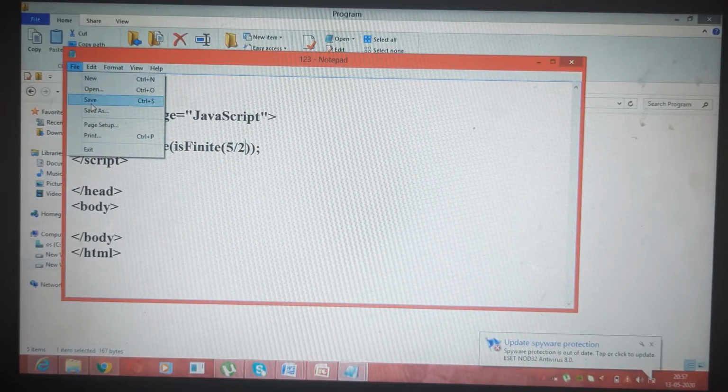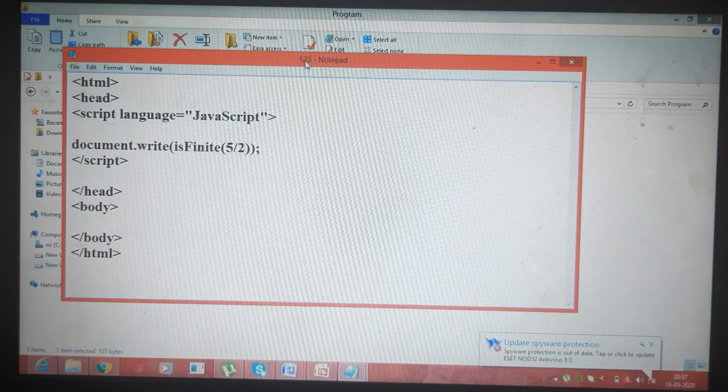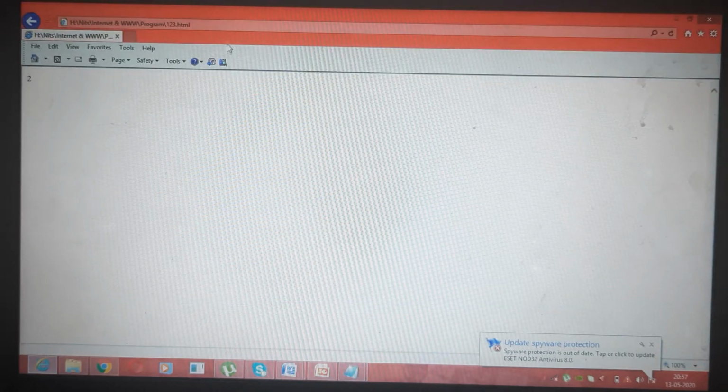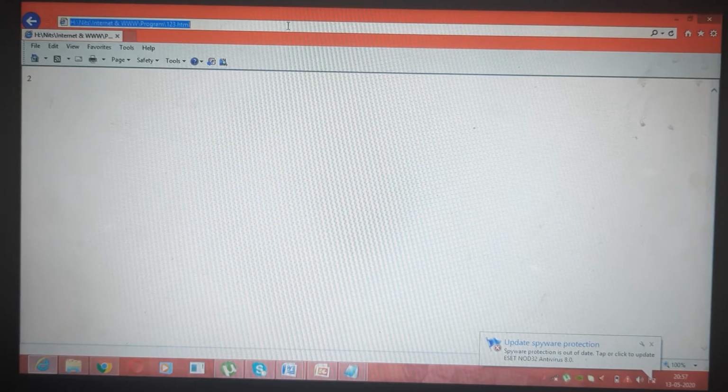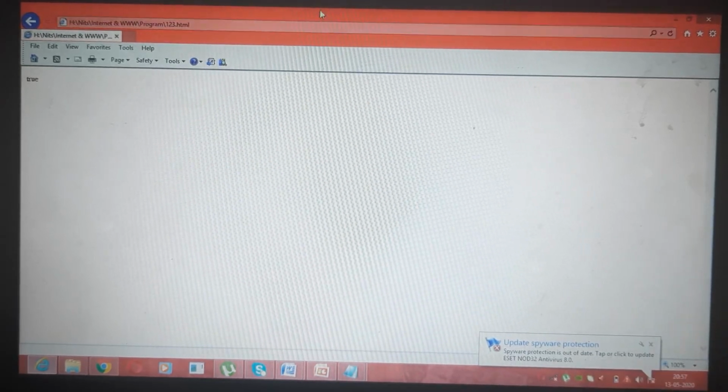Now I am going to save this file. The name is 123.html. Now I will go to the Internet Explorer. I will open that file, or I will type the URL in the address bar of the Internet Explorer, and I will press enter.